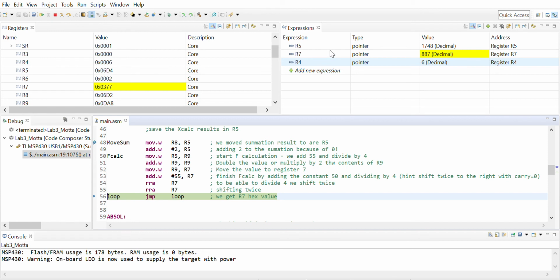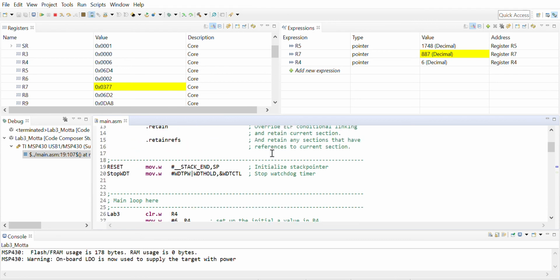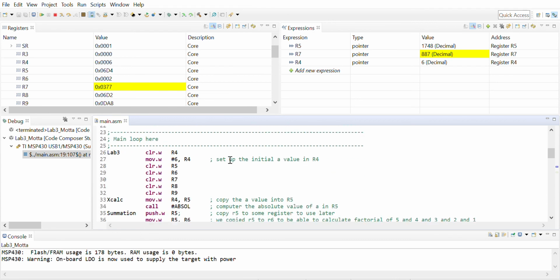The register 7, which is my final value, is 8887 decimal, and register 5 is 1748, right? 1748, which is my value for x. Okay, and finally I'm going to test a negative number, which I think is -7. Yes,